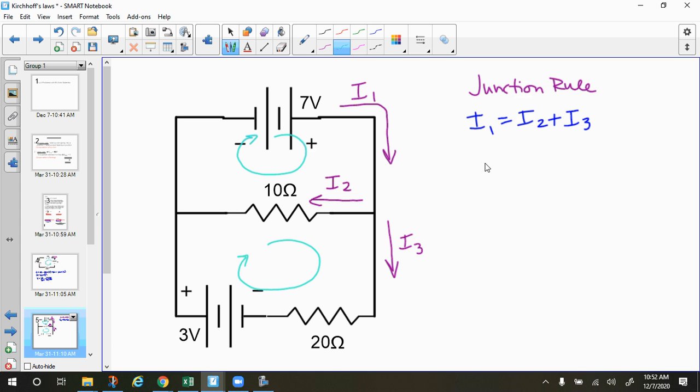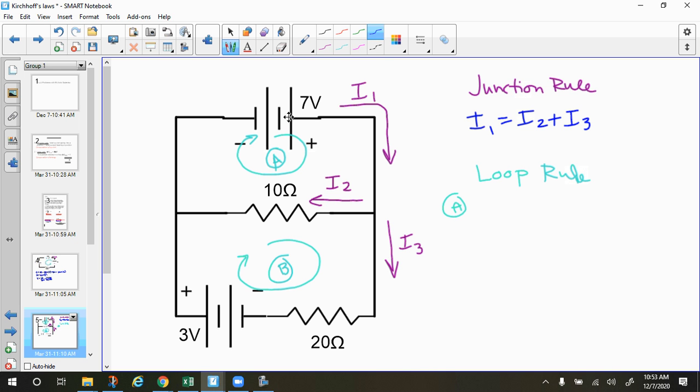So I'm going to choose that as loop 1, and then I'm going to choose this as loop 2. Okay, so now we're using the loop rule, and we're going to write our equations. So for the top loop, let me call this loop A, and we'll call this loop B. Okay, so for loop A,